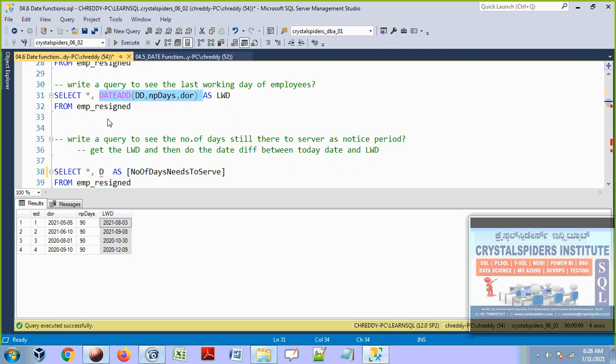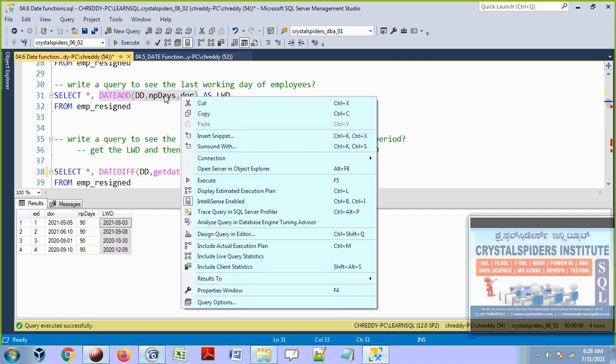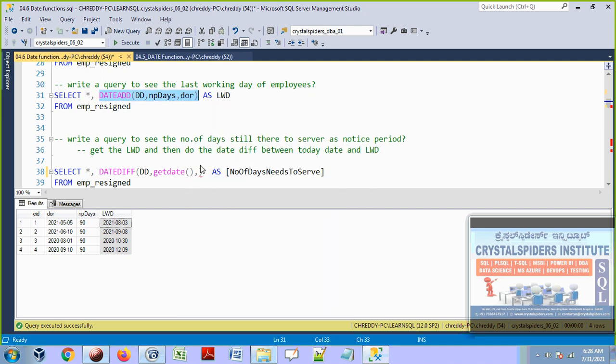Then we will get the last working day. I am going to see the date diff in terms of days. How many days difference is there from today's date? How did you get today's date? Getdate function. And the last working day, how did we get it? By using this function. So let's copy this whole stuff, this part, and put it here.